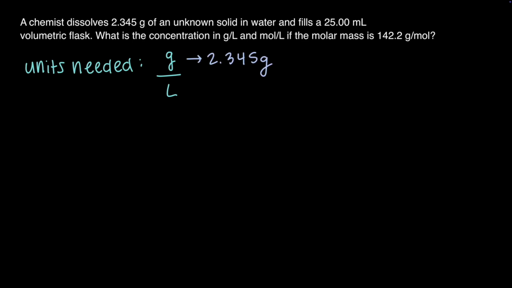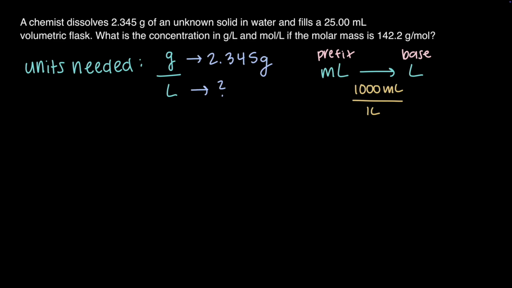We have grams, but we need liters. Milliliters is a prefix unit, and we can convert to the base unit liters using the conversion factor 1,000 milliliters per every 1 liter. Setting up units to cancel, I will start with 25 milliliters over 1. In the next fraction, I can put 1,000 milliliters on the bottom and 1 liter on the top. Milliliters cancel out and I am left with liters. Dividing the values, we get